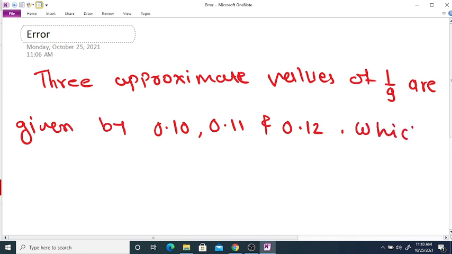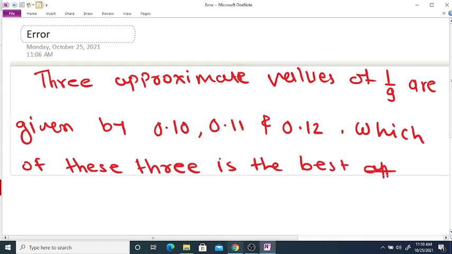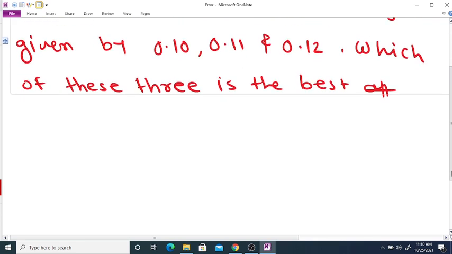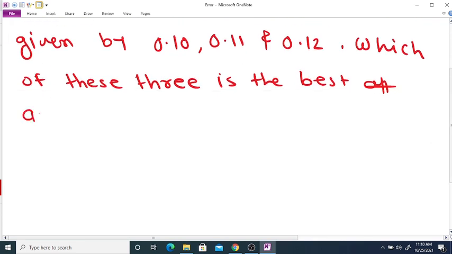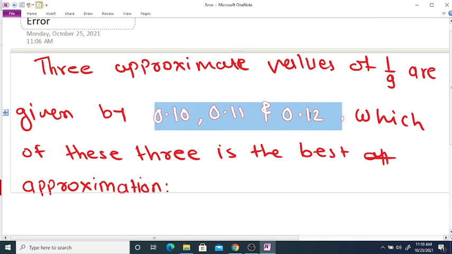Which of these three is the best approximation? Now, we can decide the best approximate value from these three